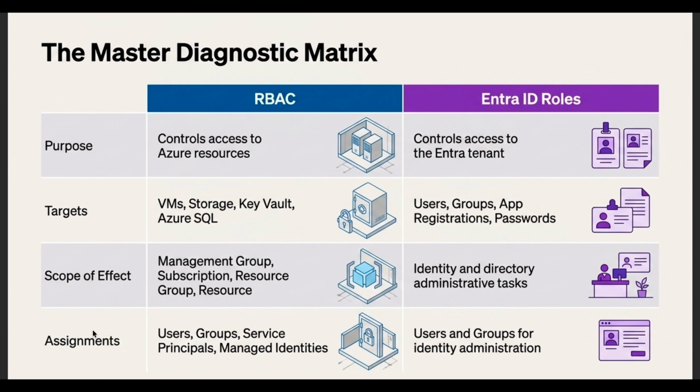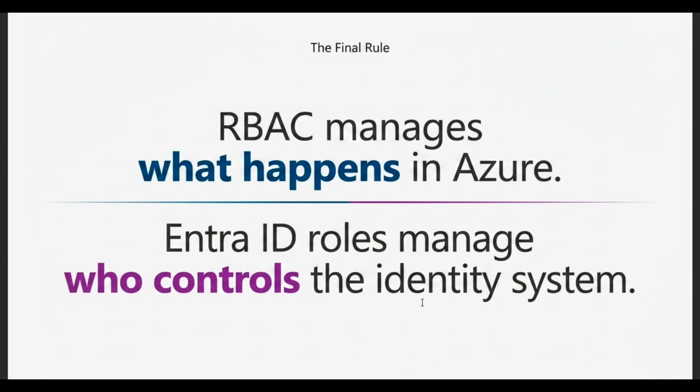And the assignment is, that is, who we can assign the permission to. For RBAC we have users, groups, service principals and managed identities. And for Entra ID roles, we have users and groups for identity admin related tasks. If you compare this way, the difference becomes obvious. RBAC manages what happens in Azure, and Entra roles manage who controls the identity system. So this was for